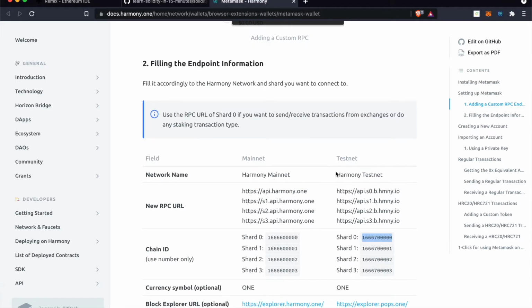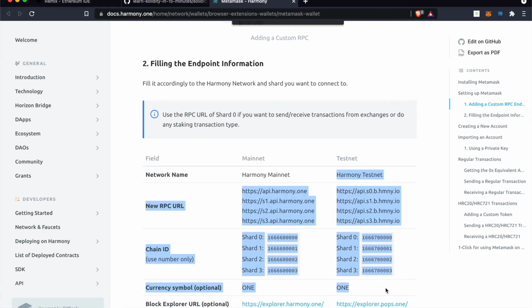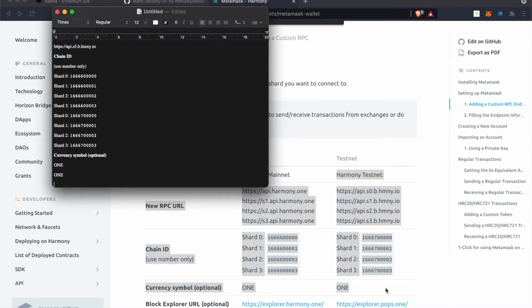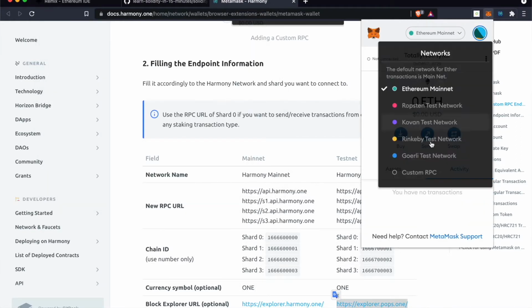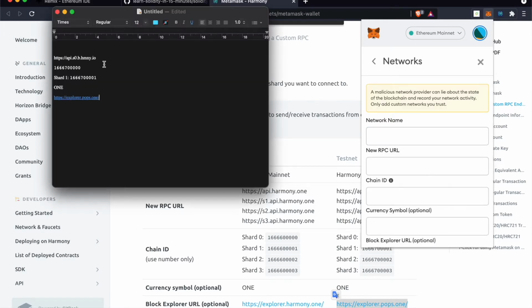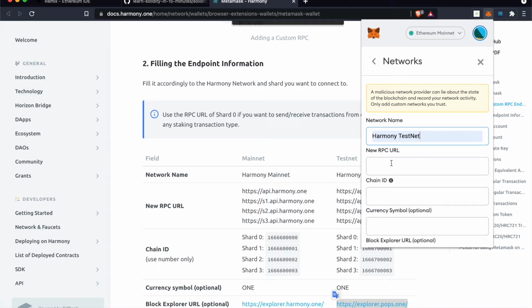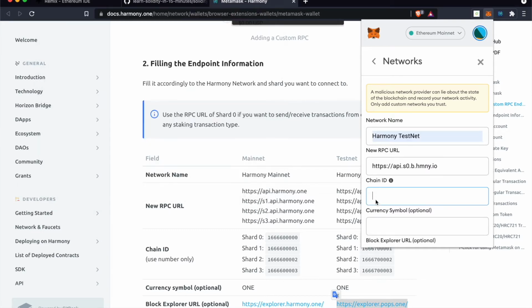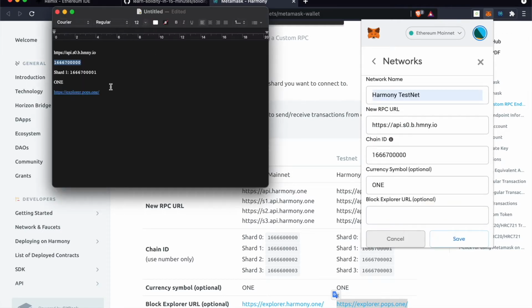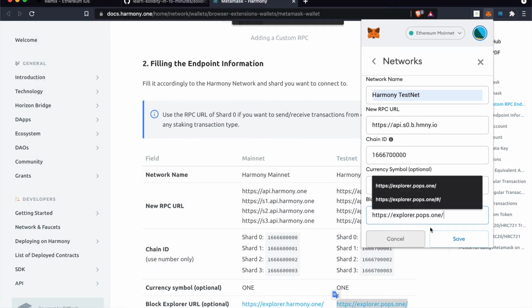So the easiest way to work around that is to just copy the configuration that you have and paste it into a document. It just makes your life a little bit easier, so you don't have to tab out. Harmony ONE testnet, RPC, chain ID, currency is ONE, block explorer, okay, let's click save,